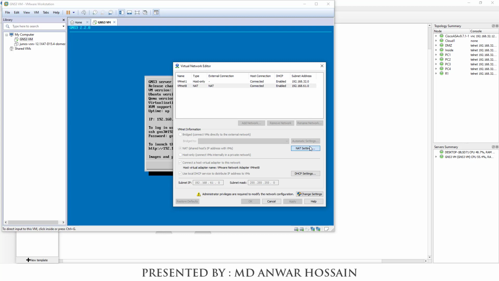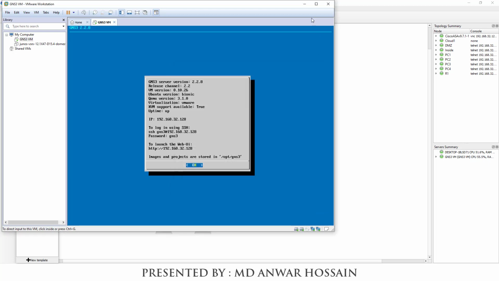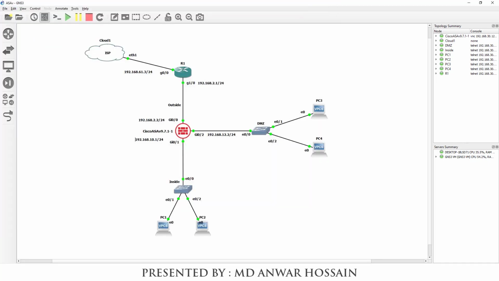If I click NAT settings, here I can see my gateway is 192.168.61.2. In your case, you can check from your VM network adapter settings, it may change. So this GNS3 VM network adapter is connected through NAT. Make sure that your GNS3 VM network adapter setting is NAT.